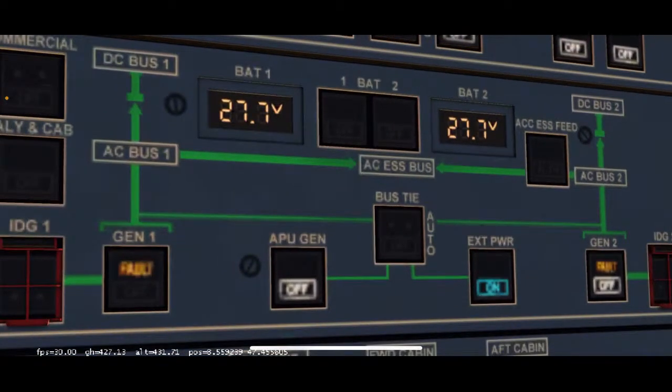Casper says there are two types of spoilers. The first one are the air brakes. The second are the spoilers on the ground. The spoilers go out, all of them. In the air brakes, only the inner three will come out.